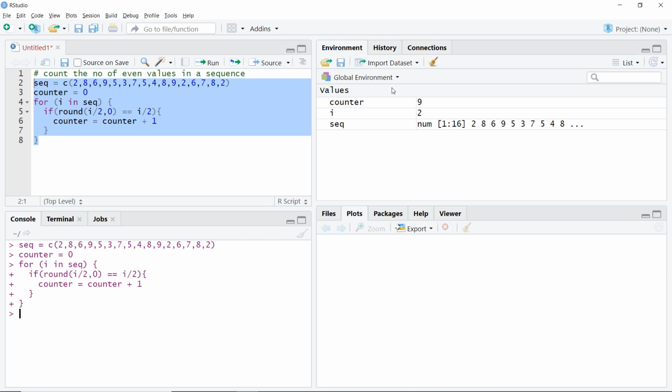So we had 9 values that were even, so we got our counter as 9. So this is how we use our loop. Rather than checking whether each of these values was odd or even separately, we made a loop so that we don't have to repeat the action again and again.